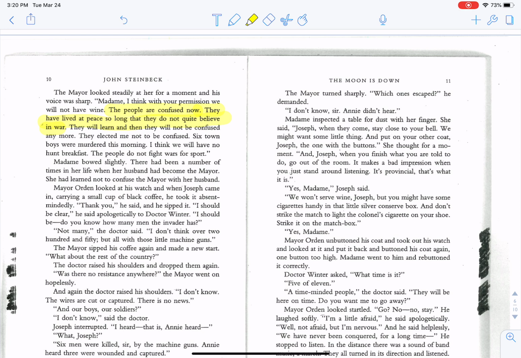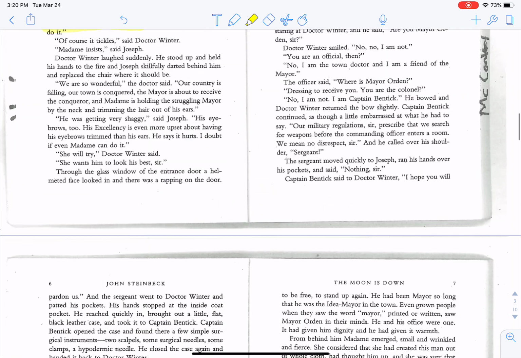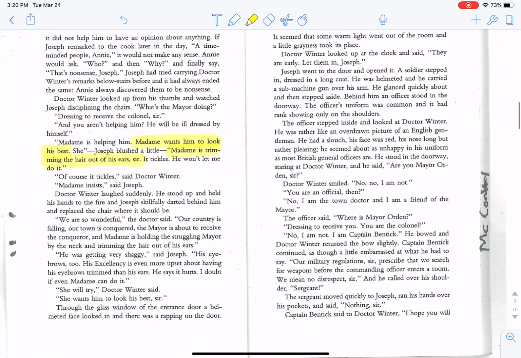So, point 1, coming to grips and terms with a new reality, a new situation, kind of like you're doing right now, as you're coming to grips and coming to reality with online classes. Okay, next up, let's talk about the invaders and these compassionate invaders, these invaders who are polite and respectful.